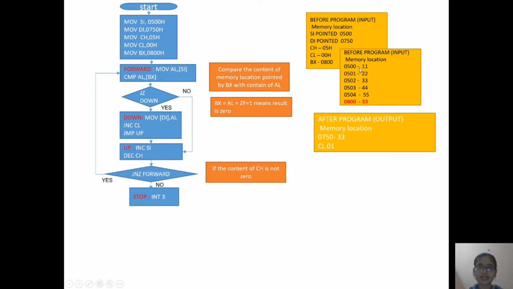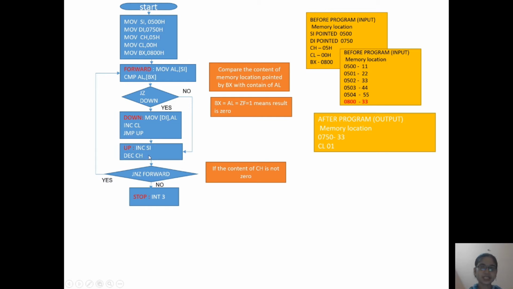If the contents are similar, then only the result will be 0, otherwise the result is non-zero. So if the result is 0, then only this down block is used, otherwise the program jumps to this up label.